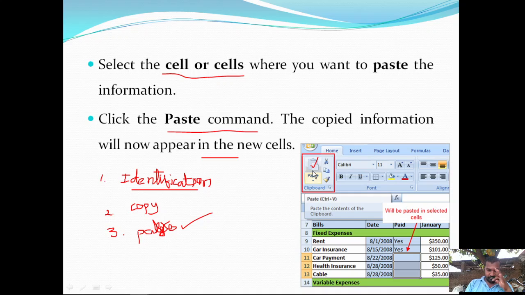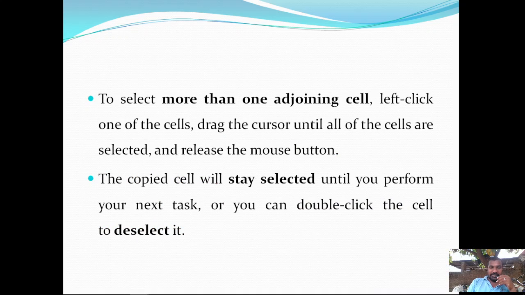Okay, so while performing the copy operation, the original cells that we have selected for copying, the information on those cells is not removed. Just the information on those cells is copied onto the clipboard, and from the clipboard we are performing the paste operation. It may be a single time or more than one time. The original content will not change. So this is about the copy and paste operation.